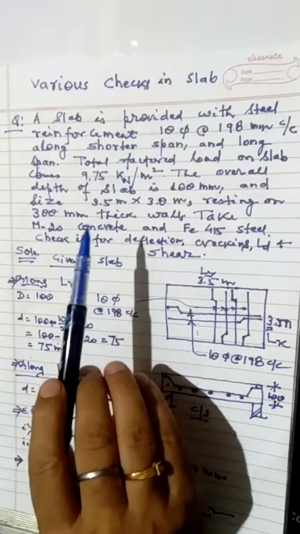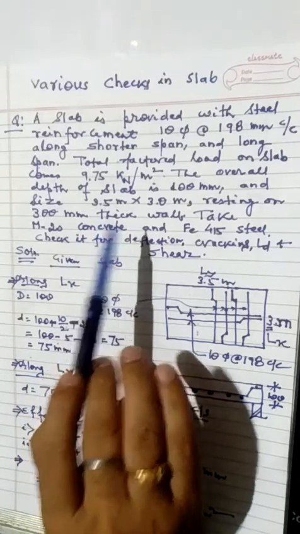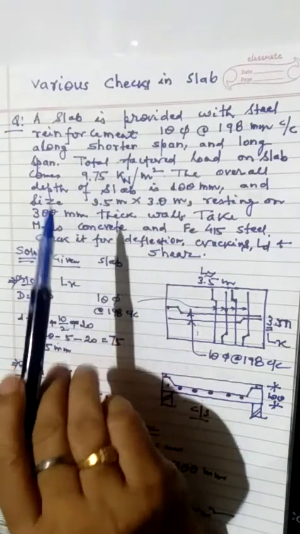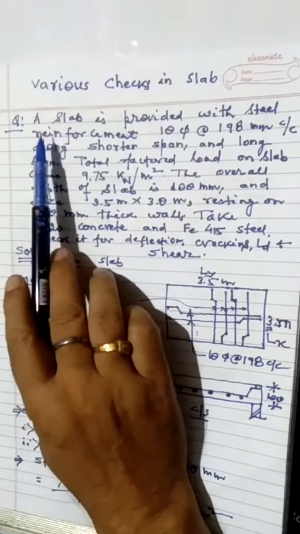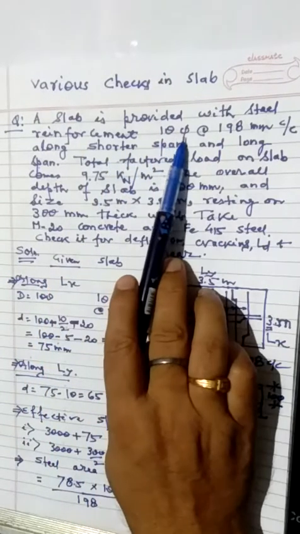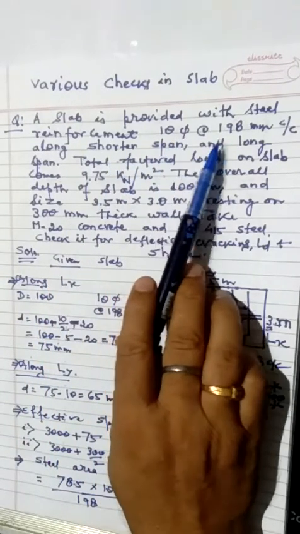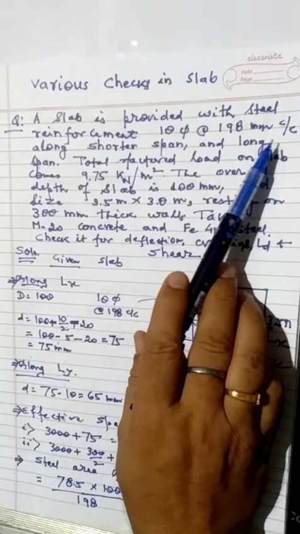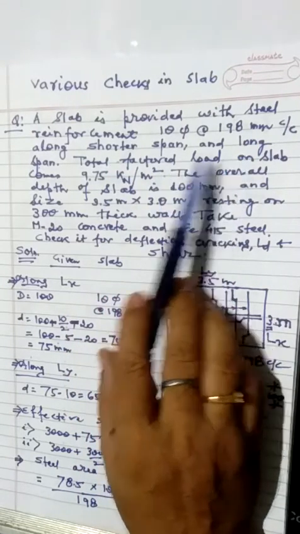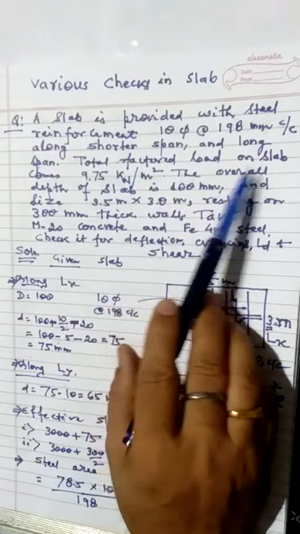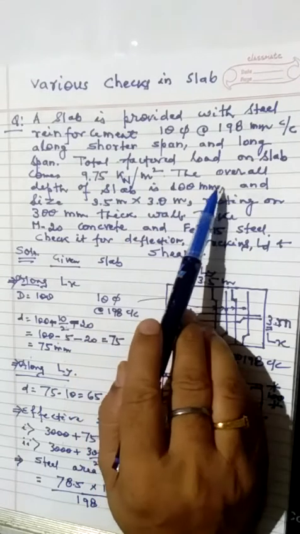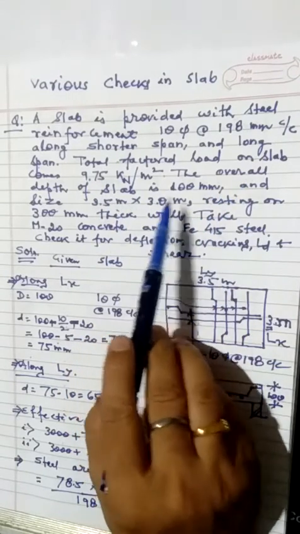So let's take a slab which is already designed. The information given in this designed slab is that the slab is provided with steel reinforcement of 10 mm diameter, that is 10 phi, at the rate of 198 mm center to center along the shorter span and long span also. Total factored load on the slab comes to 9.75 kN per square meter. The overall depth of the slab is 100 mm